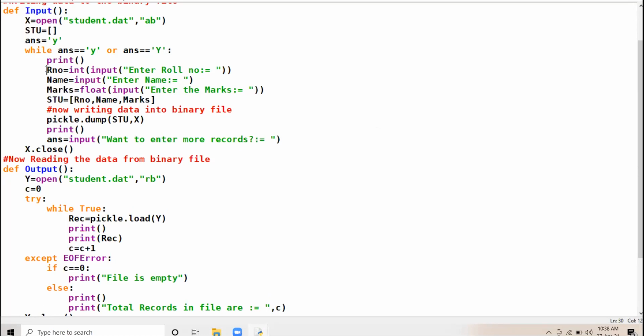Like I am having here 3 fields: roll number, name, marks. When I will be performing the search operation to search for any particular record, I will be taking into consideration any one of the fields.